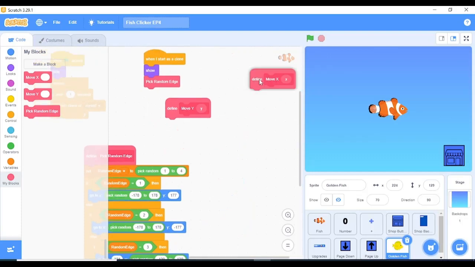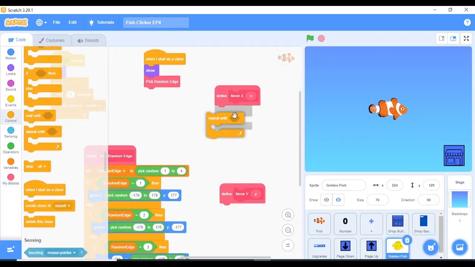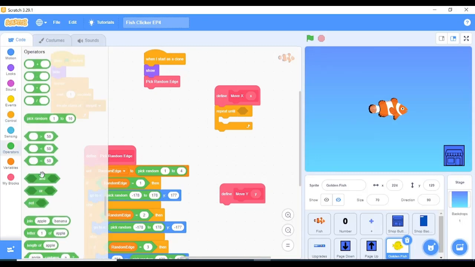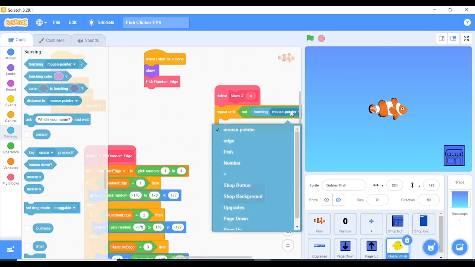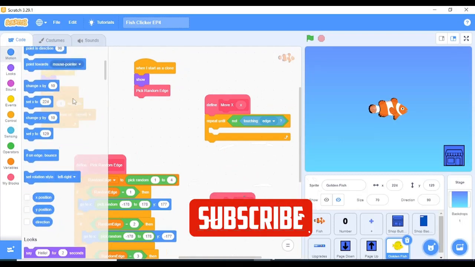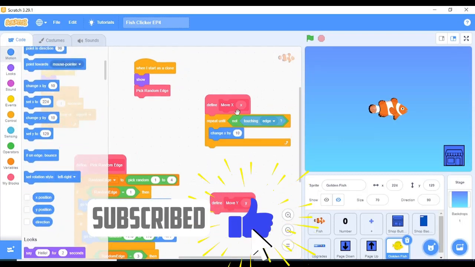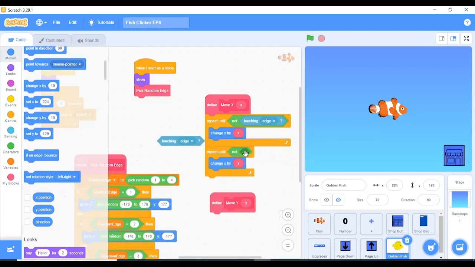Basically, first we'll move until it's not touching the edge. So repeat until not touching edge, change x by x, then once it's out of the edge we'll repeat until it's touching the edge,